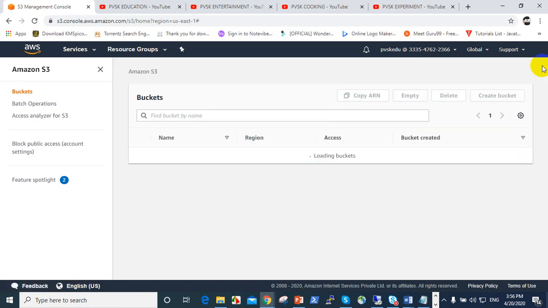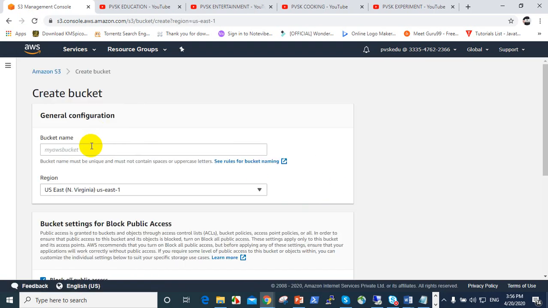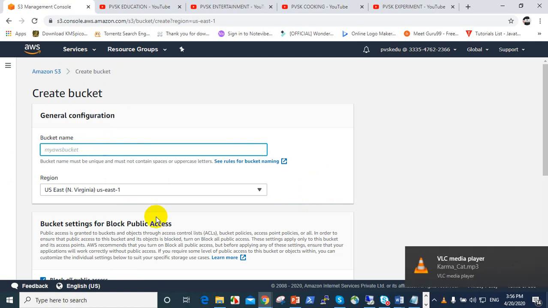Click on this. If you want to create a bucket, we can create a bucket through this, because full S3 permissions are already given. It is loading, reload that. Create a bucket. The bucket is created because we already gave the S3 permission credentials.